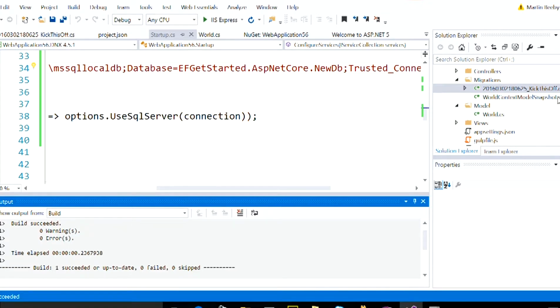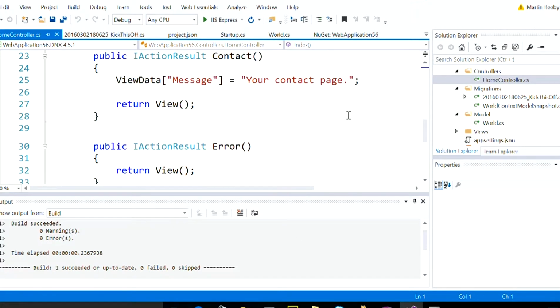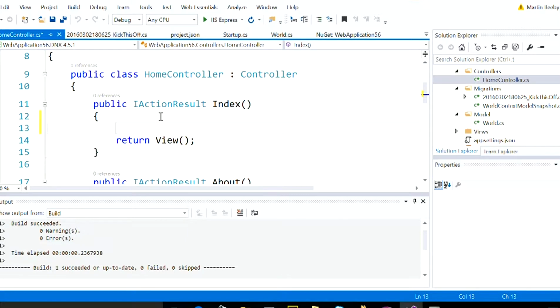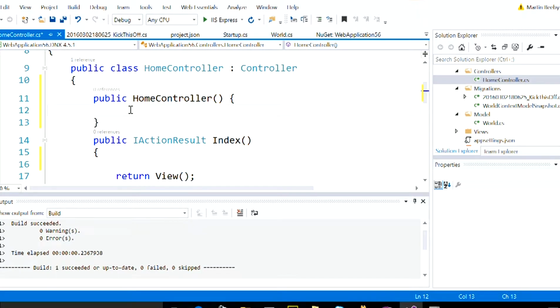So what I'm going to do is create a controller. Actually, I'm going to use the home controller, and I'm going to go into the index action of the home controller. And what we'll do is start using this context. So in this controller, I'm going to create a public home controller constructor. And I'm going to say this.context equals